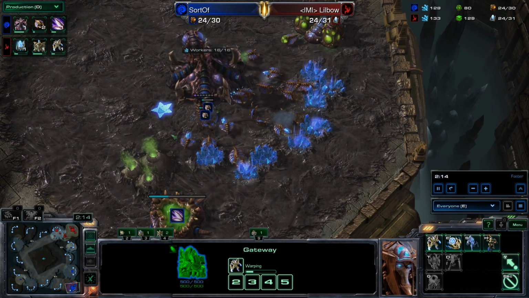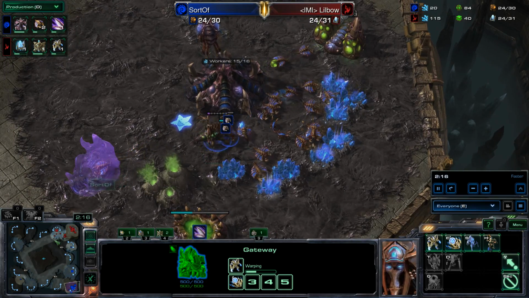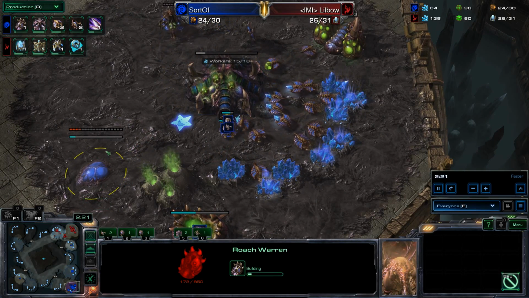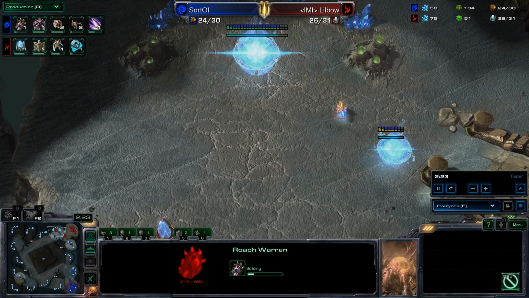You see the pool. You see the extractor. You see... Maybe you saw the queen pop. I don't know. Probably not, though. And there's the Roach Warren. Noticing that SortOf waited until that probe was gone to get that Roach Warren up, which is always a smart